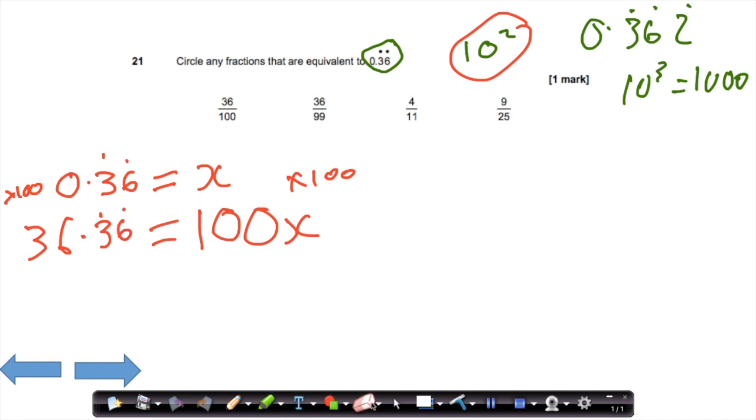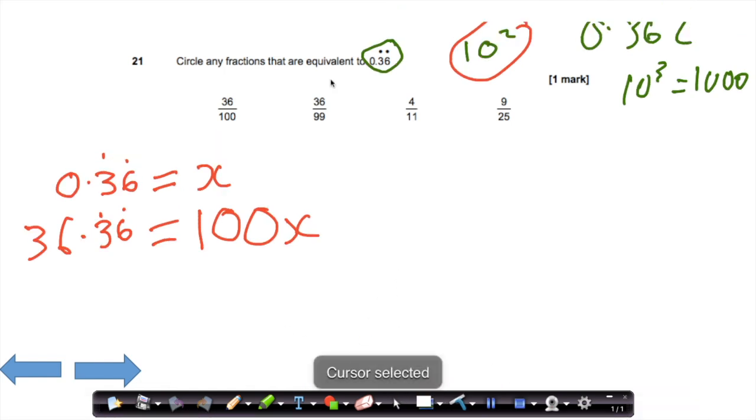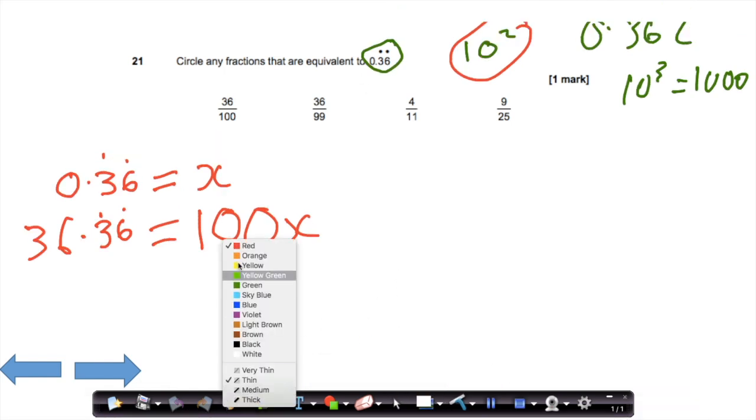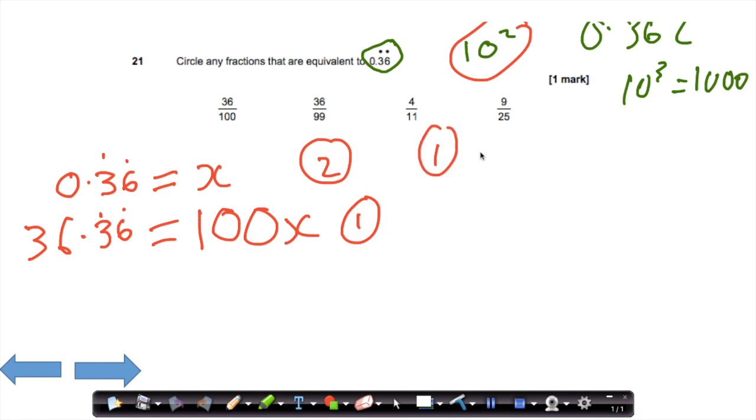So now, if we want to work out what the fraction is that is equivalent to 0.36 recurring, we will need to do this. If we know that 100x is 36.36 and we know that x is equal to 0.36 recurring, what we can do is actually say, well, let's call this one equation 1, and we'll call this equation 2. So this is equation 1, this is equation 2. We can do 1 take away 2,